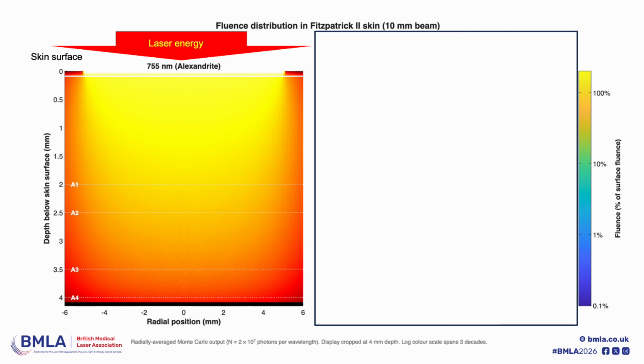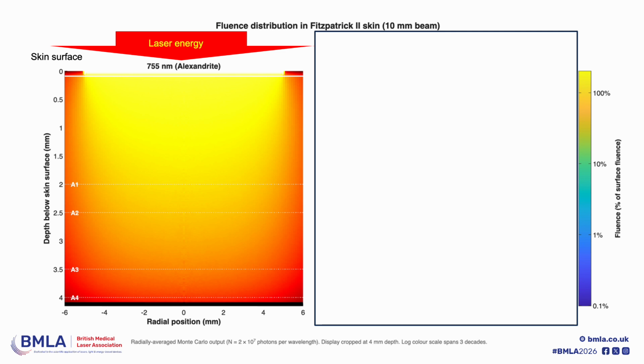And here we see the distribution of fluence in the skin. On the left-hand side, we've got the fluence map for the alexandrite, wavelength 755 nanometers. And we can see that it's quite intense, down to a depth of about maybe 1.5 to 2 millimeters deep, which is not so deep. That's really where the anagen 1 follicle reaches the total depth of anagen 1. The fluence does extend down to 2.5, as you can see there, but it's dropping off now, and it definitely drops off to quite relatively low levels by the time it gets down to anagen 3 at